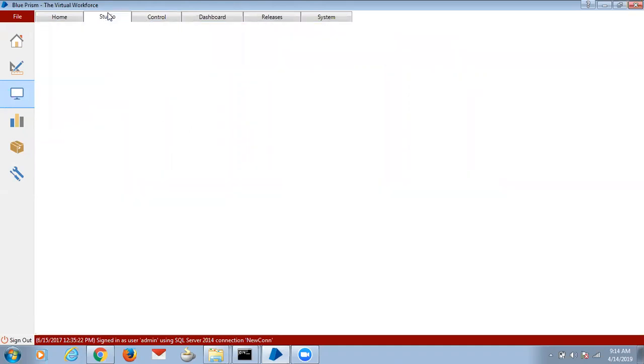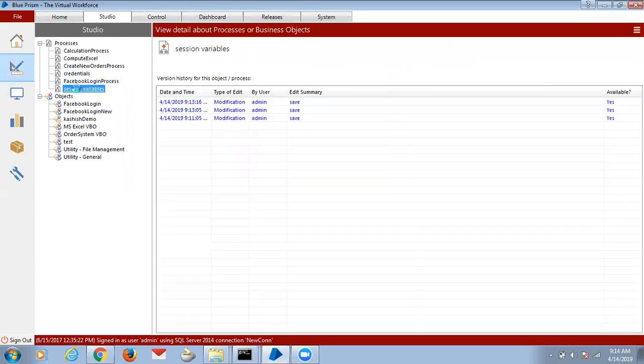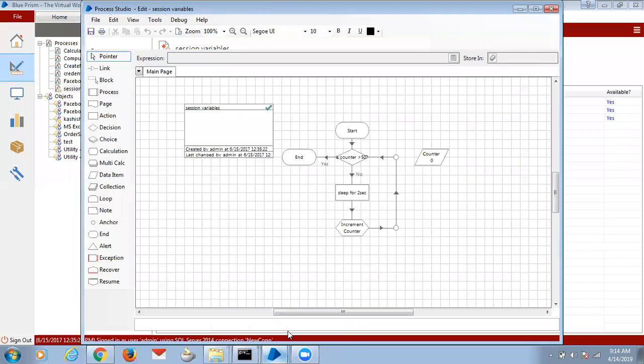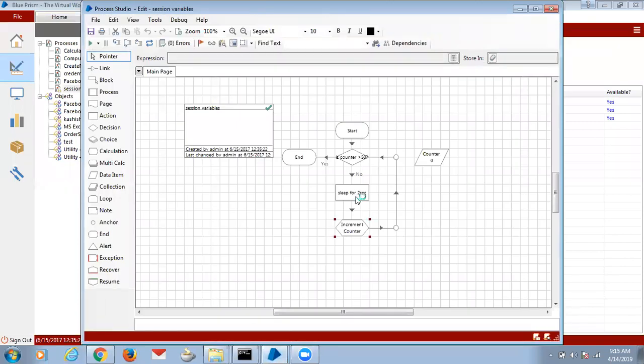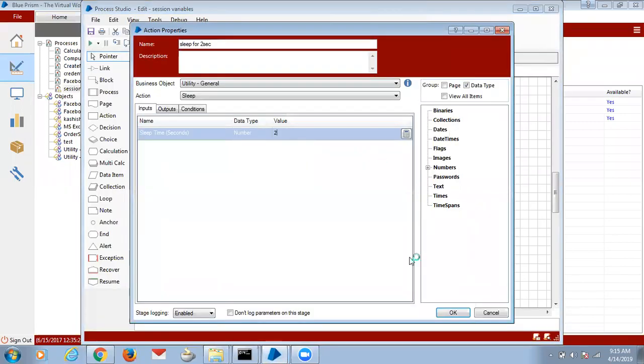Still check the logic again. How many seconds are waiting? 2 seconds.